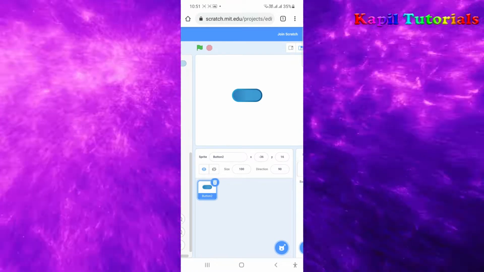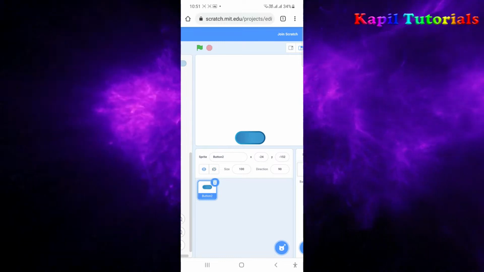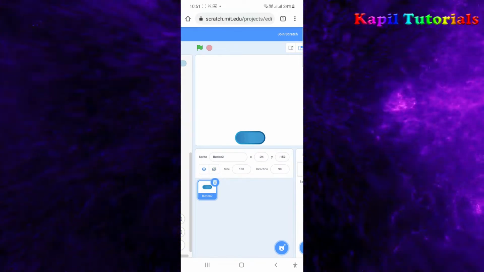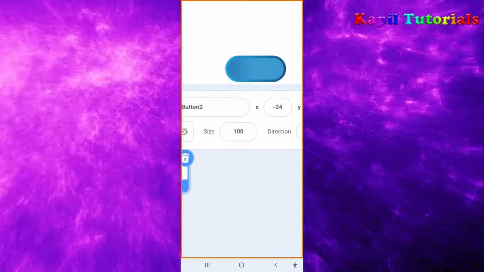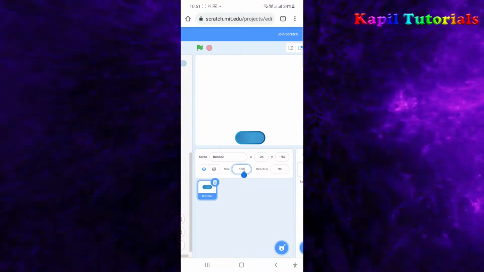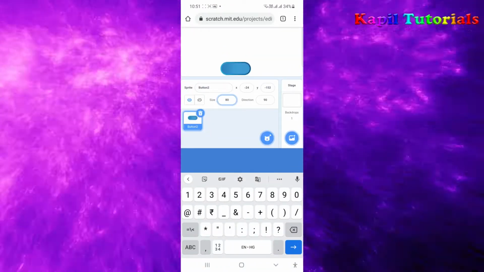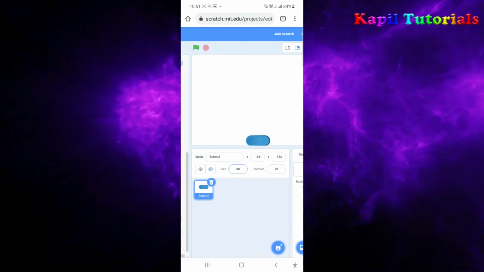I'll drag it down somewhere this side. Okay, now after dragging it down, suppose I want to make the size a little smaller. I change it to, let's see, 80. So it seems okay to me.